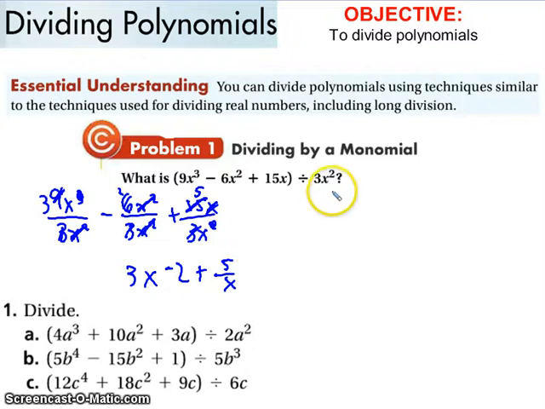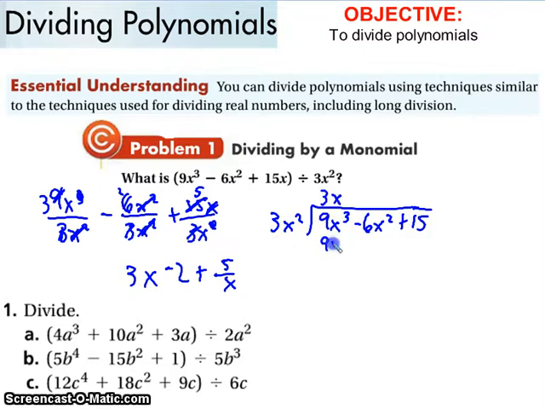The other option is to just kind of work it out, which is sort of the same thing. I could do this: 9x cubed minus 6x squared plus 15x. Okay, so this has to be a 3x, so that gives me 9x cubed. So I've got 0, so I bring down the minus 6x squared. So that needs to be a minus 2, so that gives me minus 6x squared. Gives me a 0, I bring down the 15, and in this case, I need to have a plus 5 over